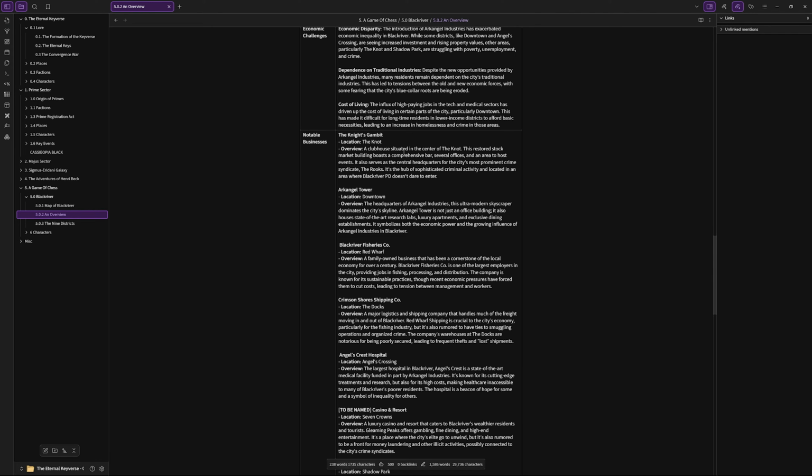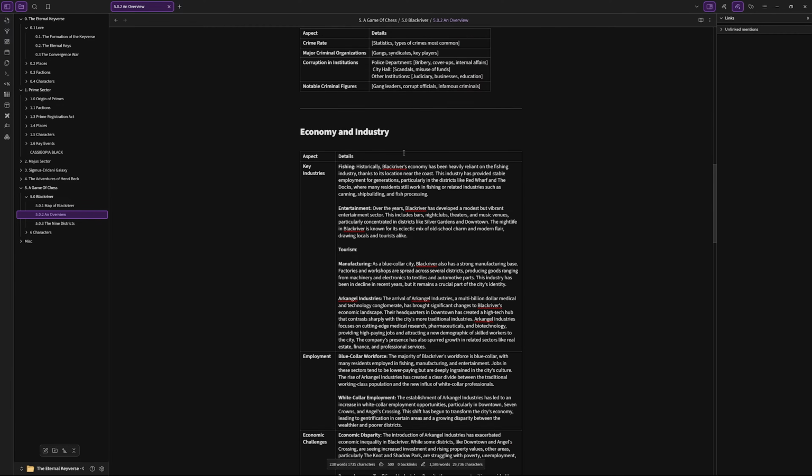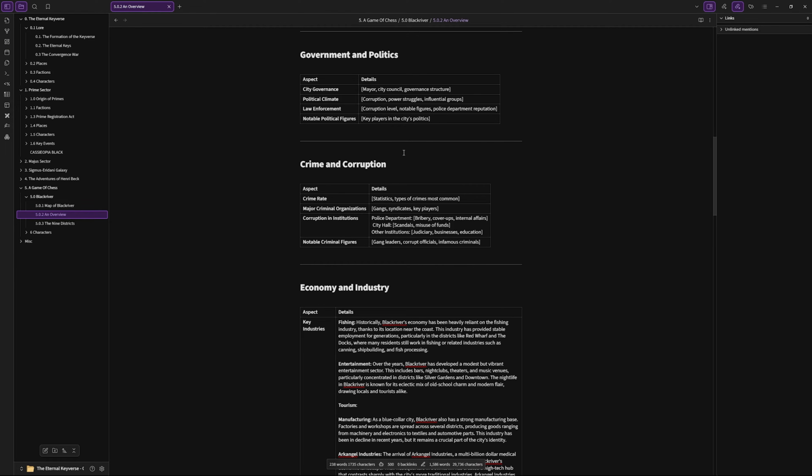I'll go about filling in these other tabs and I'll check back in when I've come up with something worth talking about. Okay, so I'm actually recording this on the next day, as you can see by my change of shirt, and I decided to fill out the rest of my world building document offline because there was a lot of research that I had to do, and I was doing a lot of consulting with ChatGPT to help me flesh out the more boring parts of the outline, whatever I'm calling the template, I guess.